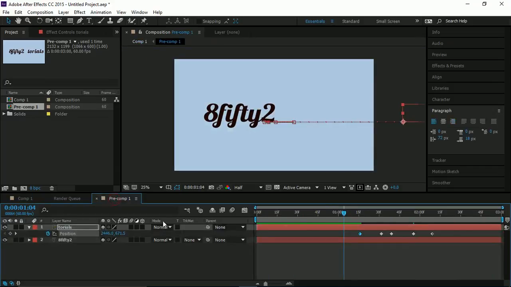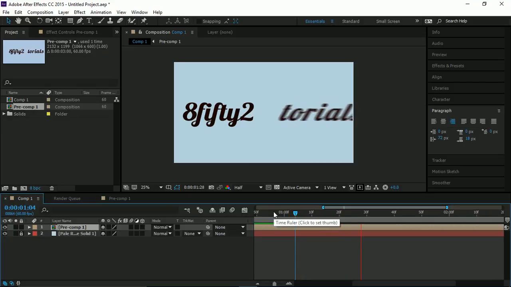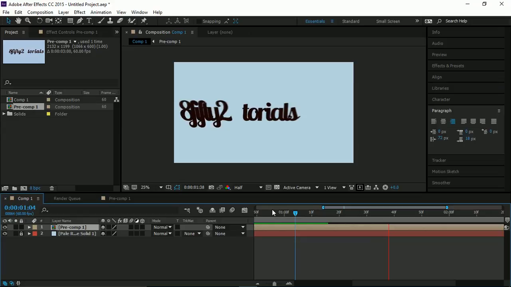Yeah. Looking good. Will motion blur work on these? Let's find out. Ooh, it does. But does it look good or not? We'll have to find out once it renders itself. And go. Oh, yeah, that looks good. Apart from